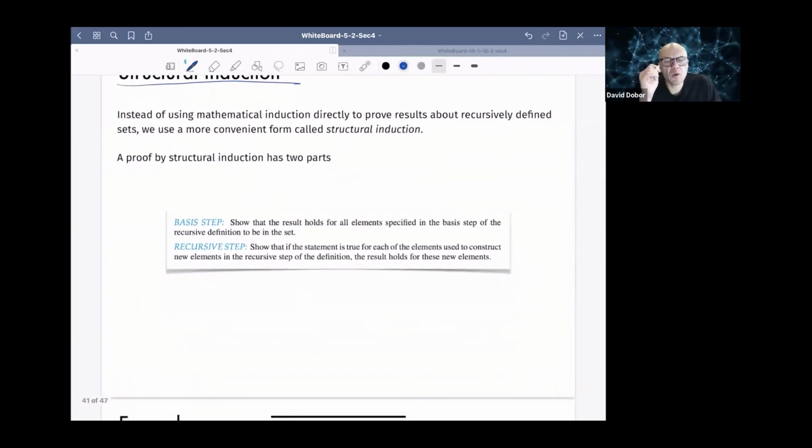What we need to do is prove this inequality that we suspect to be true. Through these cases, a bunch of examples, we're beginning to get a sense that the inequality probably holds. Now we want to prove that it does. So what structural induction tells me is that I want to check two things. First, I want to verify that the inequality holds